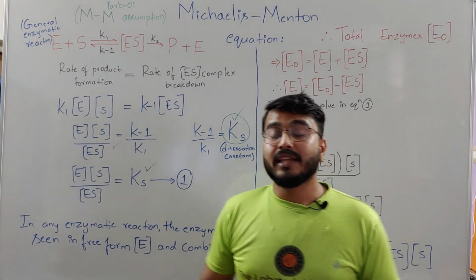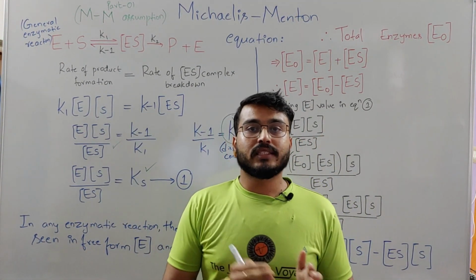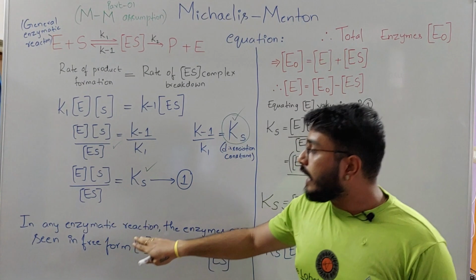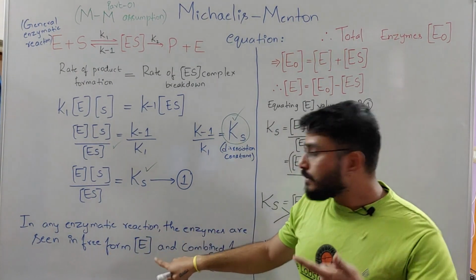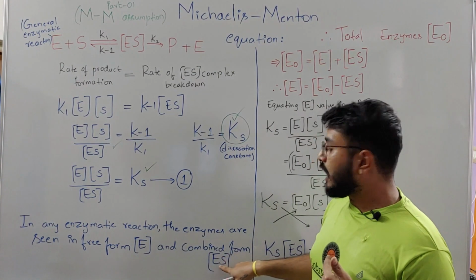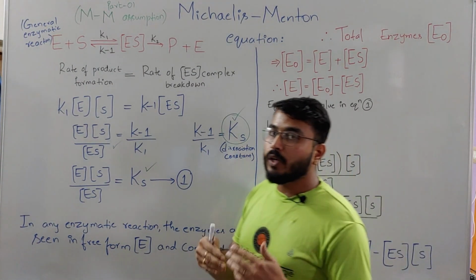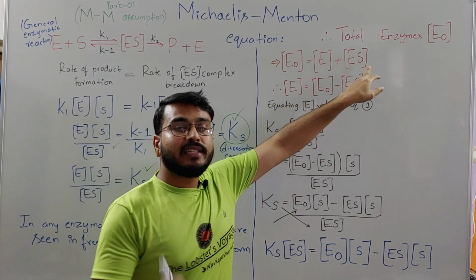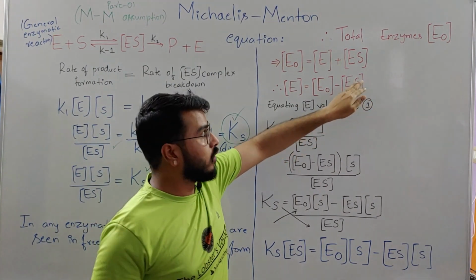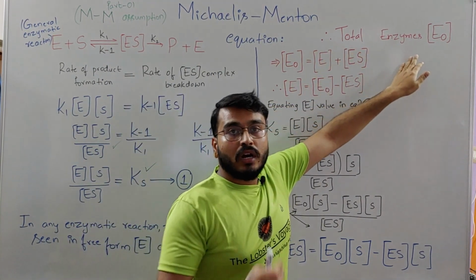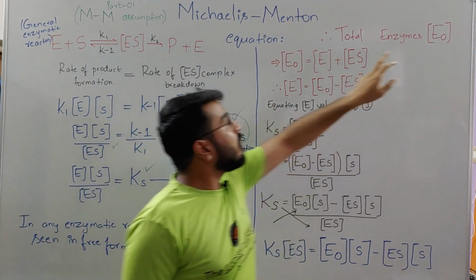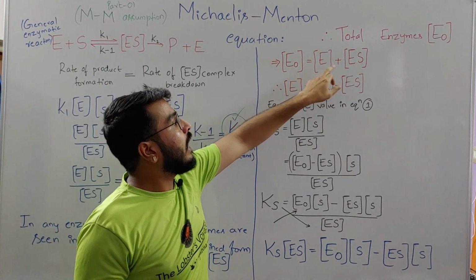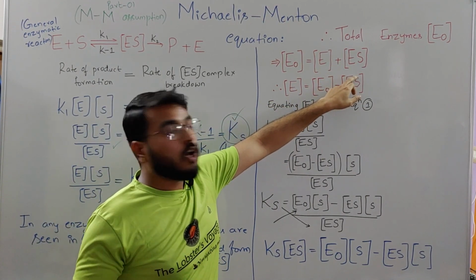In any chemical reaction that is involving enzymes, not all the enzymes are involved with the substrate molecule, few of them are left free. Therefore, in any enzymatic reaction, we get to find enzymes that are free and enzymes that are involved with the substrate molecule. And when you want to calculate the total number of enzymes in any chemical reaction, you would want to count both the free enzymes and the enzymes that are involved with the substrate molecule. Now taking the total enzyme into the count, that is denoted by E0, when you want to calculate the total enzymes, you take into account the free enzymes and the concentration of the enzyme substrate complex.